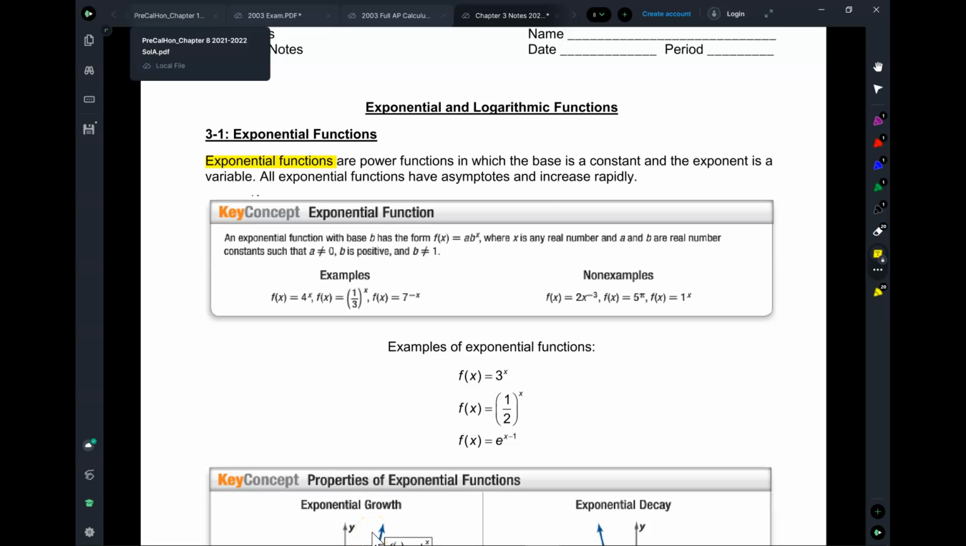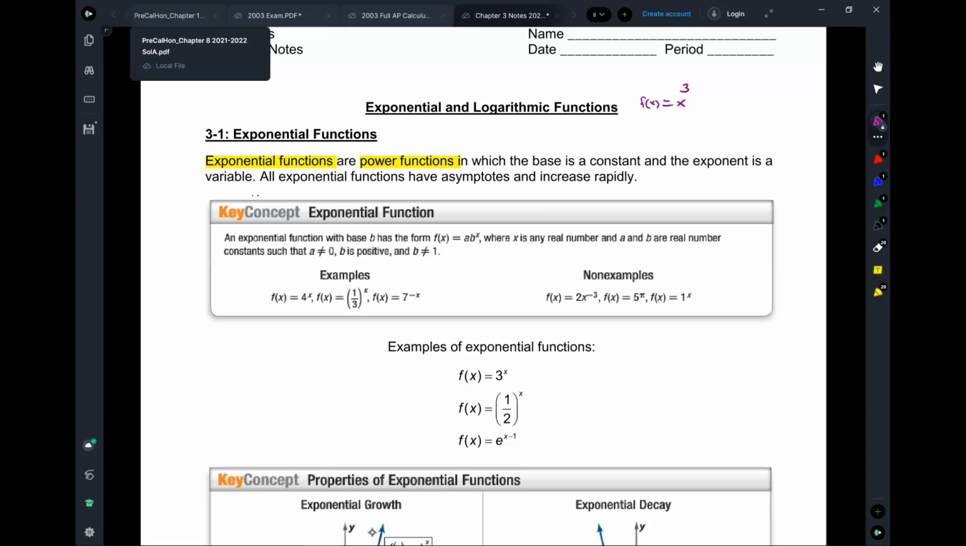So exponential functions are power functions. And a power function just means there is a base and there is an exponent, right? So for example, until now, our functions look like this, x to the power of 3, and so on. So we had a base and an exponent, and the base was a variable, and the exponent